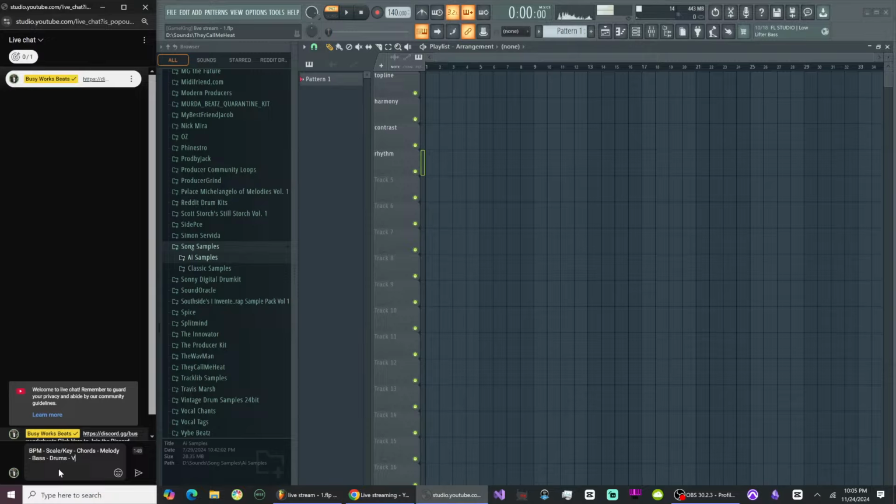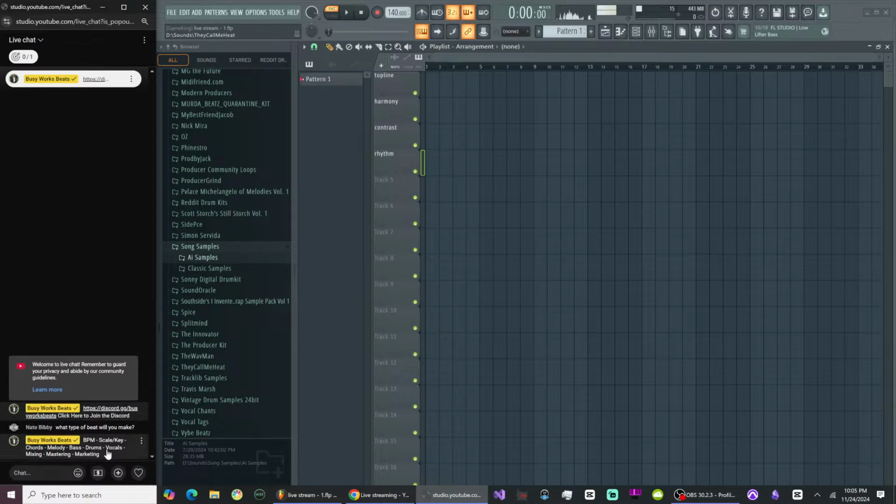From the drums, then we can move into the vocals, and then we're going to move into the mixing stage, the mastering stage, and then the marketing. So those are the 9 steps, okay, for making a beat or a song. Okay, you have the BPM, 1, 2, 3, 4, 5, 6, 7, 8, 9, 10 steps technically for making a